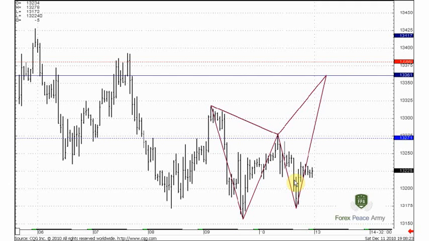The coiling of the market on the daily time frame makes me think that it should choose a direction, one side or another, and explode in the nearest days. Possibly the FOMC meeting will lead to this action. On the lower time frames, the 4-hour chart and hourly chart, there are a couple of scenarios. If you see the wash and rinse of the lower border of the triangle, and the market reaches the weekly pivot support 1 and quickly returns back, this will give us the confidence that the market is ready to move higher. And one of the targets is the daily 618 expansion target, the daily Fibonacci confluence support around the 133.40 area.